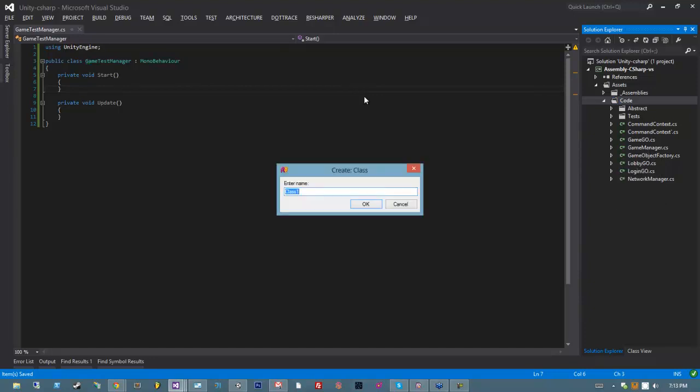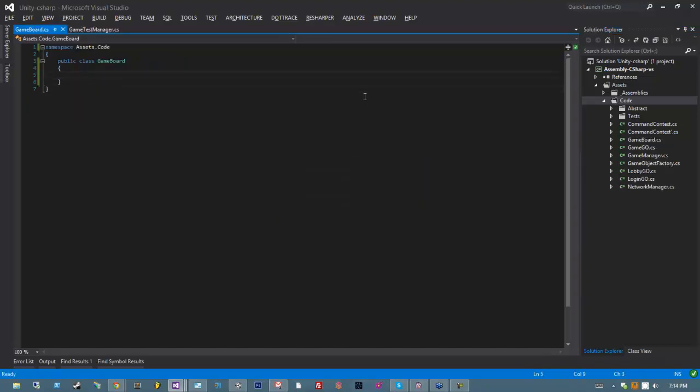For now, I'm going to leave everything under the code namespace, and the reason I'm doing that is I really do want to organize it a little bit better, but I want to wait until I have more classes in place to decide on the organization scheme. And being that I'm in Visual Studio with C#, altering that sort of stuff down the road is very easy to do. So I'm going to create a class called GameBoard, and he is going to be